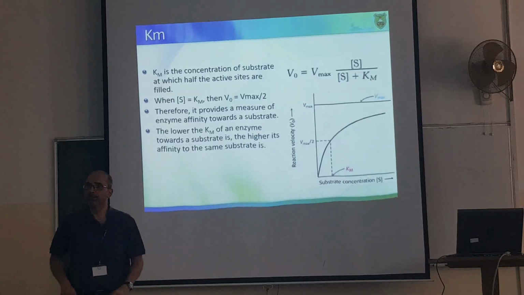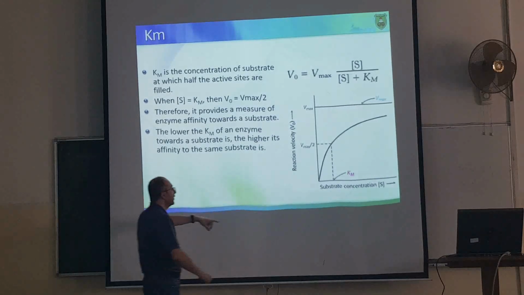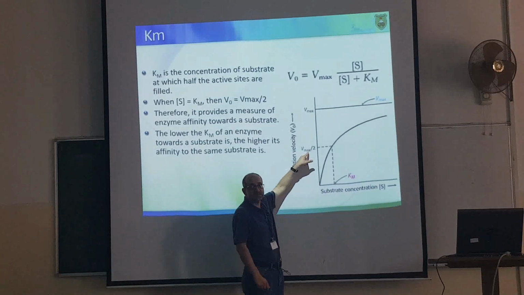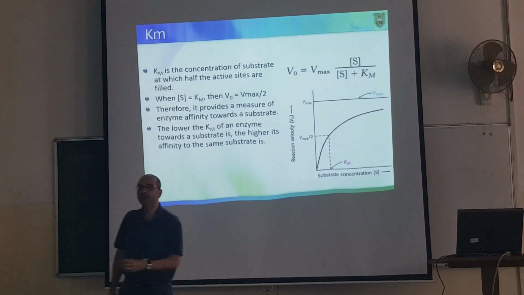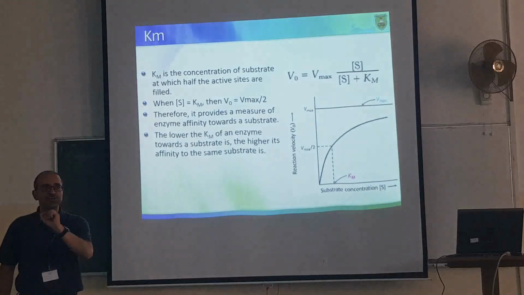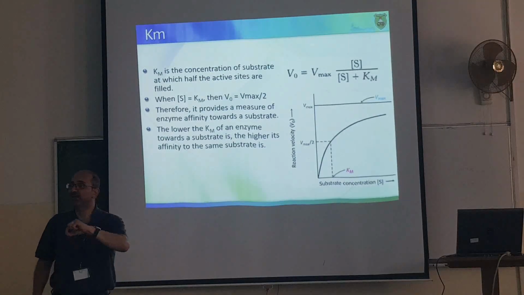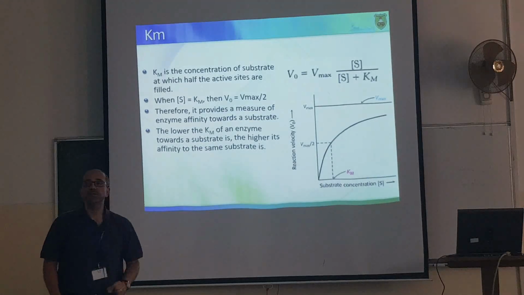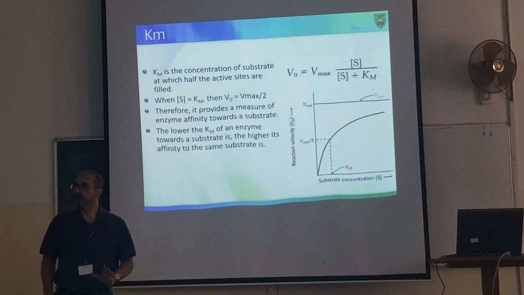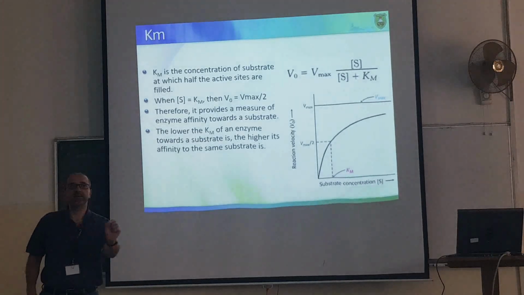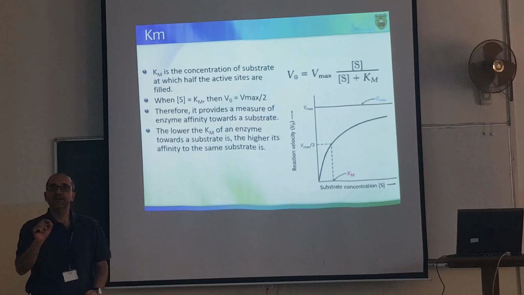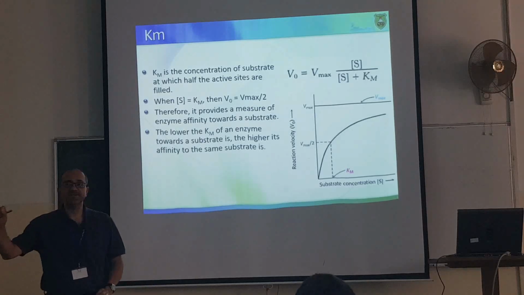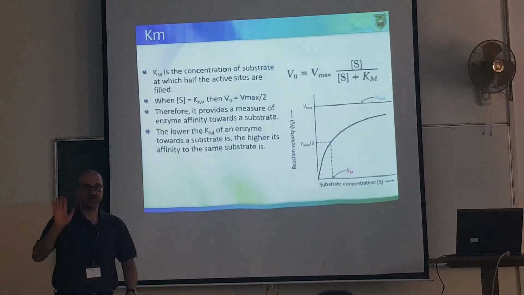نفس الشيء KM. KM لما نيجي نحكي إنه لما يكون substrate concentration لما يكون velocity is half of Vmax. Another definition إنه KM is the concentration of the substrate when 50% of the active sites are filled or bound to the substrate. ماشي؟ معاي؟ هذا ثالث واحد. So again, Km is the substrate concentration when 50% of the active sites are filled with the substrate.